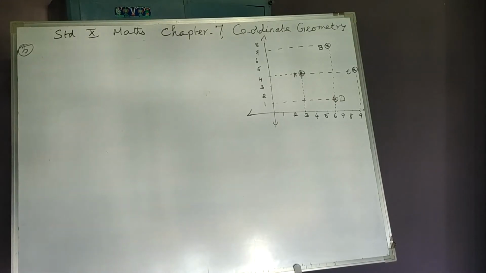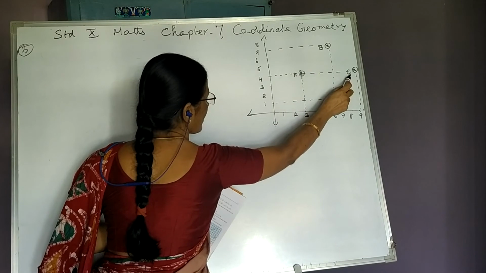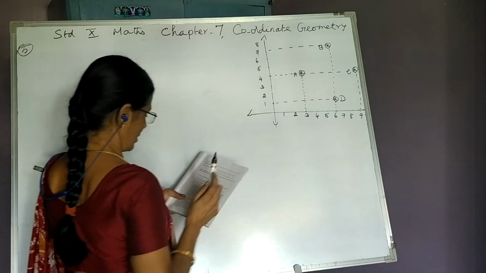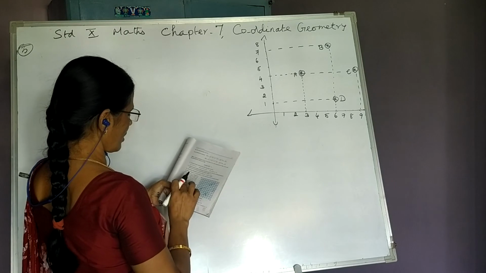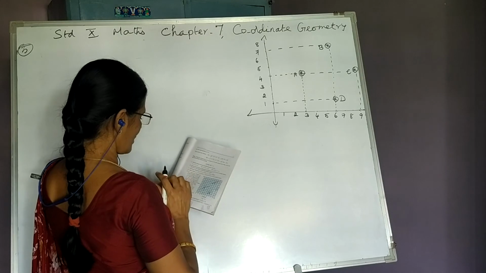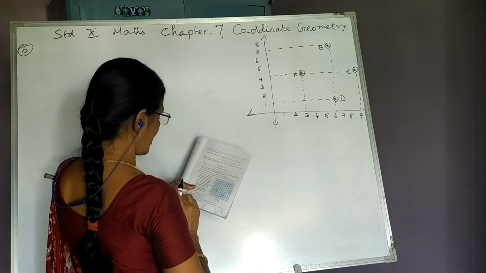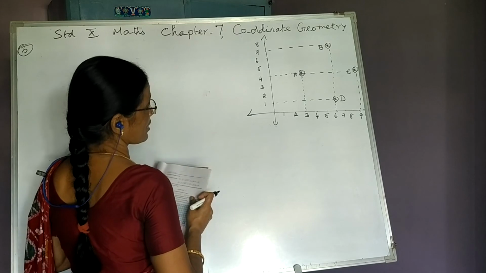Question number 5. I read the question. In a classroom, 4 friends are seated at the points A, B, C and D, as shown in the figure. Champa and Chameli walk into the class, and after observing for a few minutes, Champa asks, "Don't you think ABCD is a square?" The other one disagrees. Using distance formula, find which of them is correct.